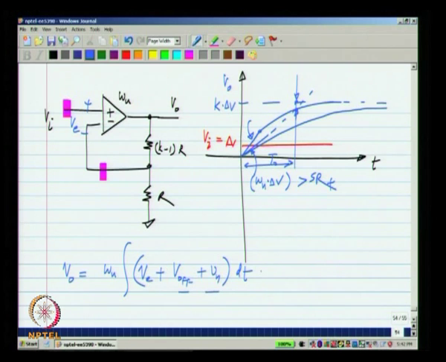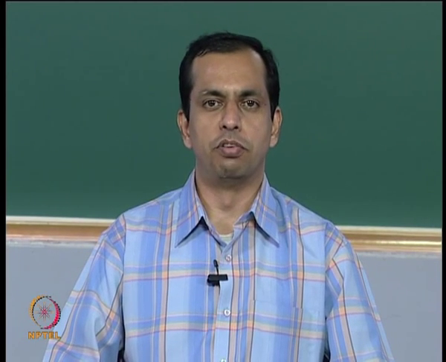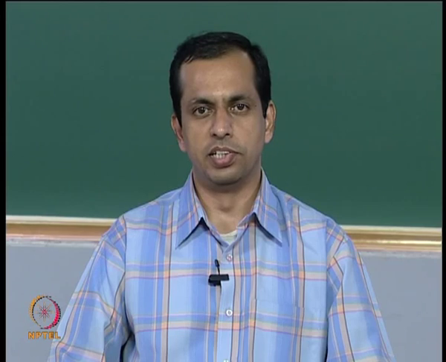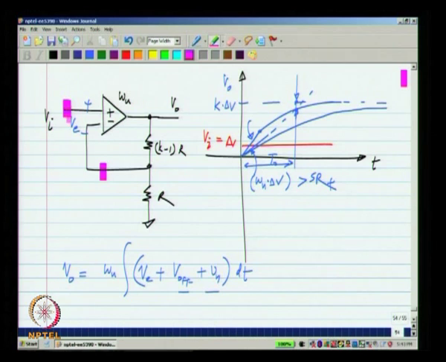Now, these are random quantities. If you measure V off and V n for a large number of op amps, you will find different values for each of them. V off is a constant with time, but it is different for each op amp. V n is randomly varying with time, as well as it is different for each op amp. So, these things will cause an error. That means that the accuracy to which the feedback quantity tracks the input quantity is limited by these numbers. V off and V n are also given in the data sheet, and the output will have some contribution from V off and some contribution from V n.